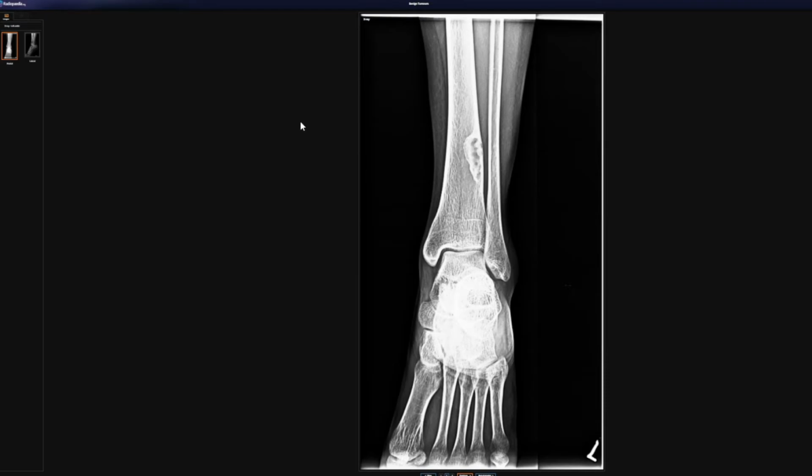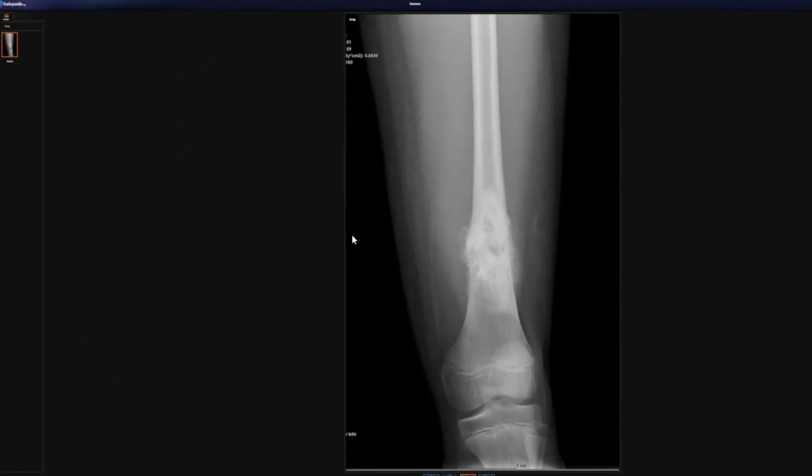So in this particular example, it's seen as a non-ossifying fibroma, but we may actually find in your clinical practice that you may want to re-x-ray this patient in a few months' time to see whether or not it's changed at all. Now, comparing that case of the non-ossifying fibroma in the distal tibia to this one,